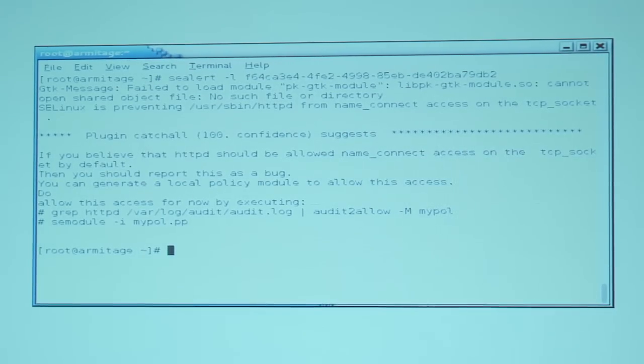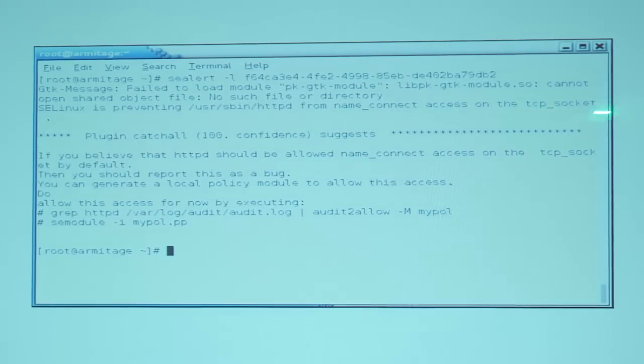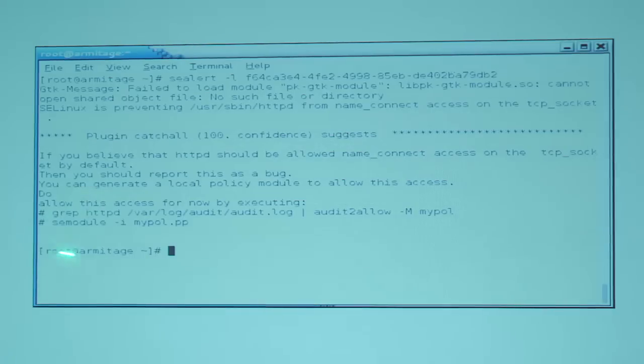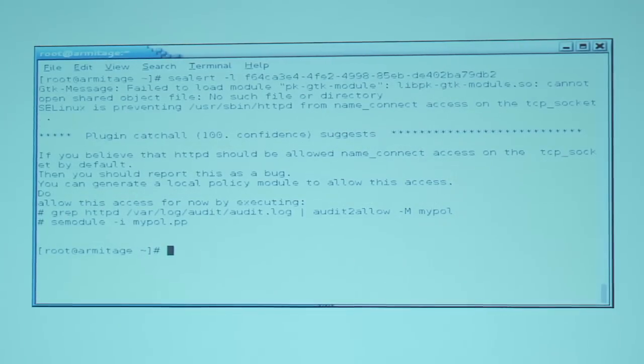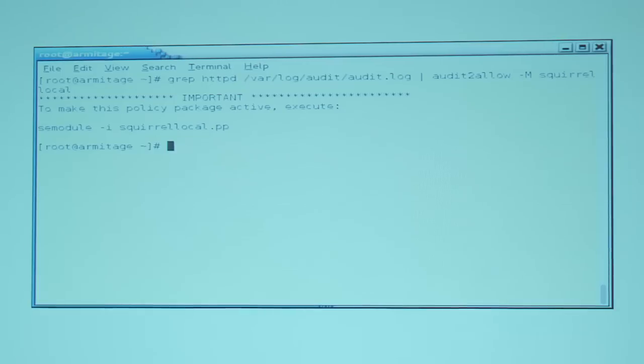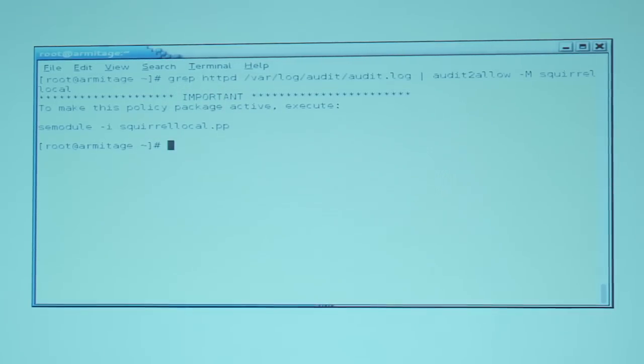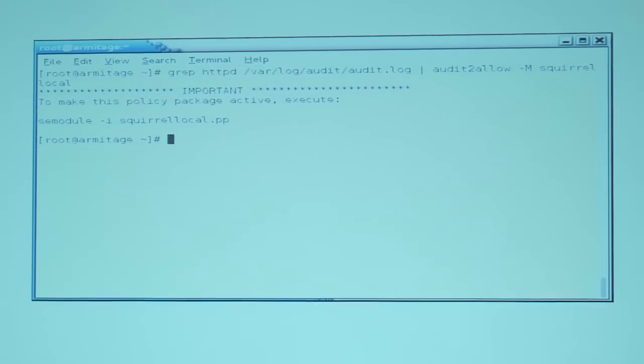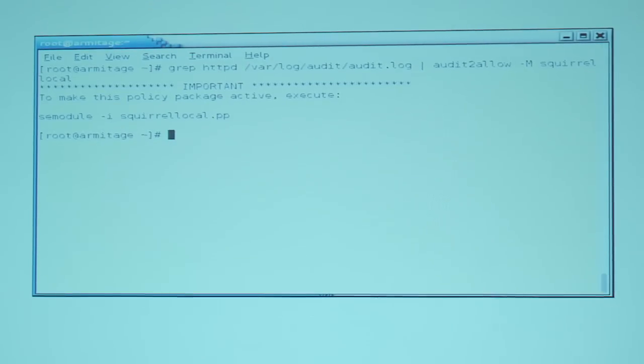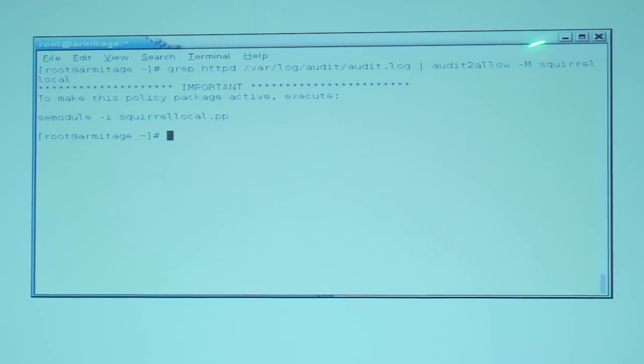So it'd come back and say, SELinux is preventing the web server from doing name_connect on a TCP socket. And it says you can run the semodule command to create a policy module. And the way that we do that is I grep httpd, or whatever the process is that I know is causing the problem, from the /var/log/audit/audit.log file, and then I pipe it to audit2allow. And then I tell it, create a module